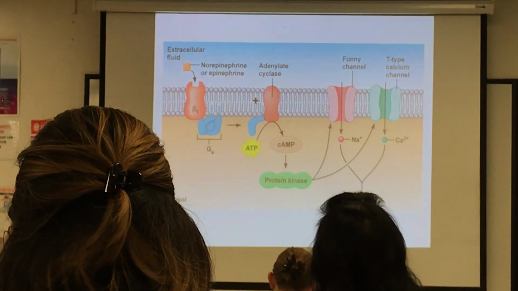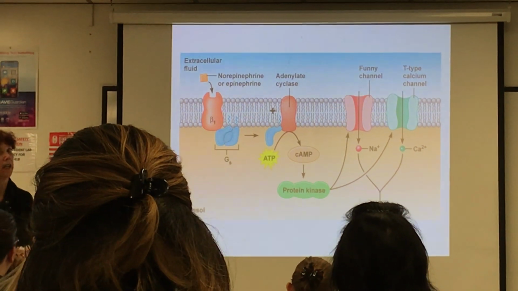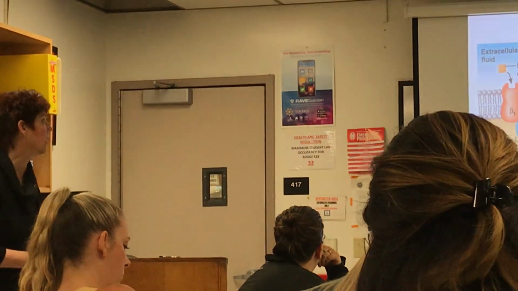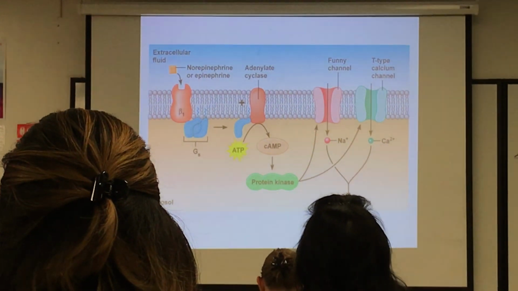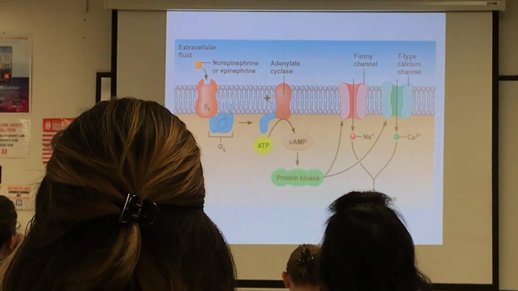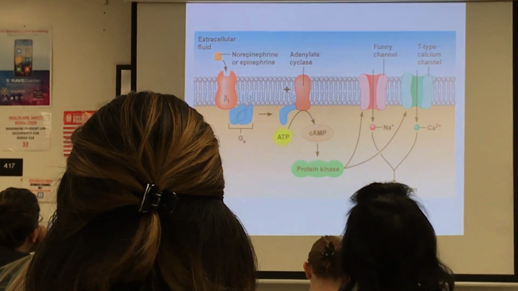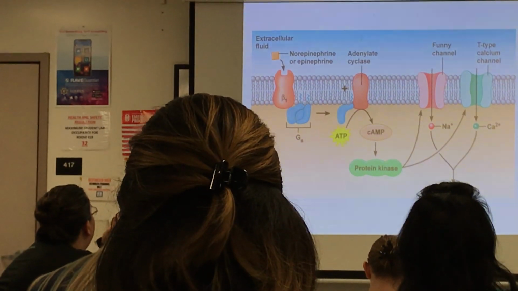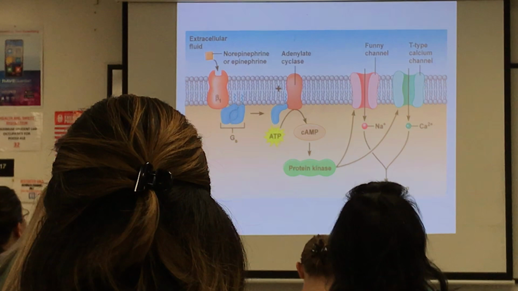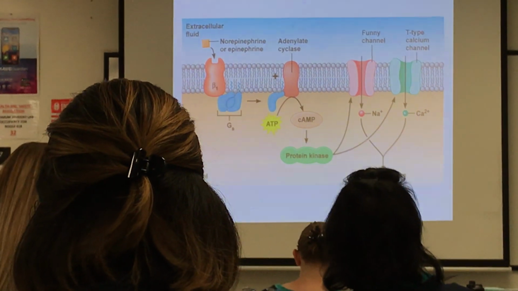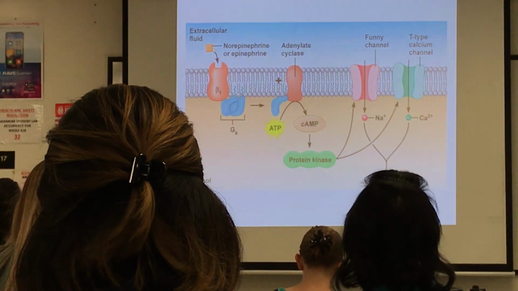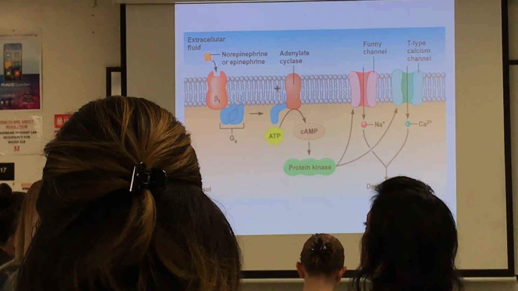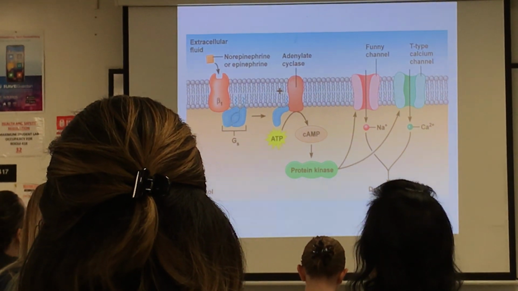So while we don't need the sympathetic nerves, and we don't need the parasympathetic nerves to cause our autorhythmic cells to depolarize, we use them to modify the rate at which they depolarize. So we use them to depolarize faster if we're using the sympathetic nerves, or depolarize more slowly if we're using parasympathetic. Okay? So in the PhysioEx activity, which should be ready tomorrow, I'm still writing it,